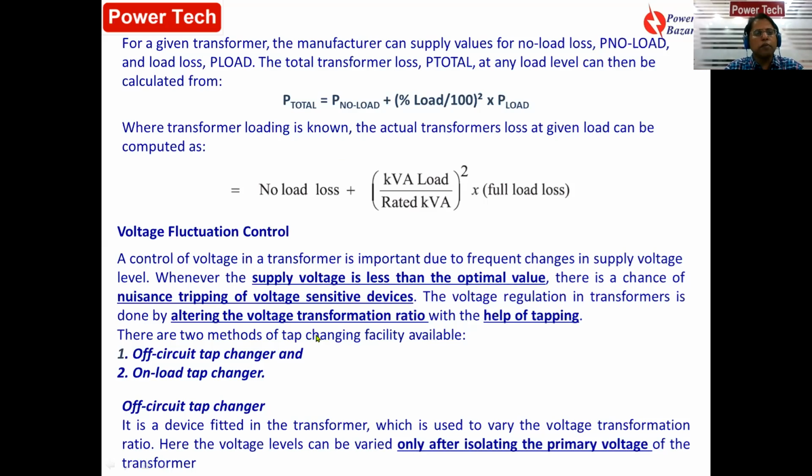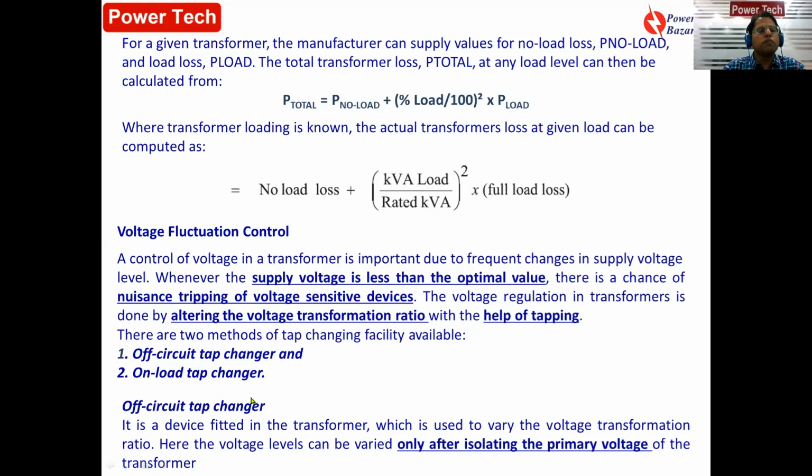It might be in primary, it might be secondary. In case of step-up transformer, the primary is the LT side, whereas ST side is the secondary because the voltage is increasing. But in case of step-down transformer, primary is ST side, but the secondary is LT side. That means voltage at the secondary is lower since it is a step-down transformer. But tap changers are provided in the primary side. Why? Because the number of turns are high, tap changers are provided at the ST side because the number of turns in ST sides are more as compared to the LT sides.